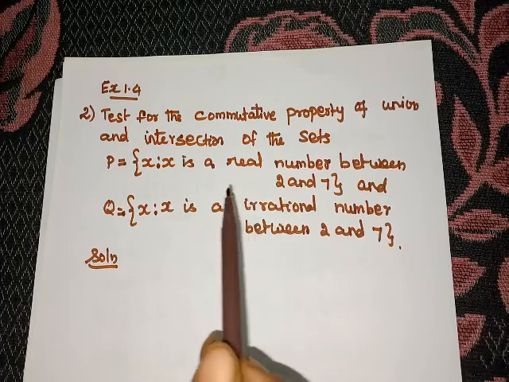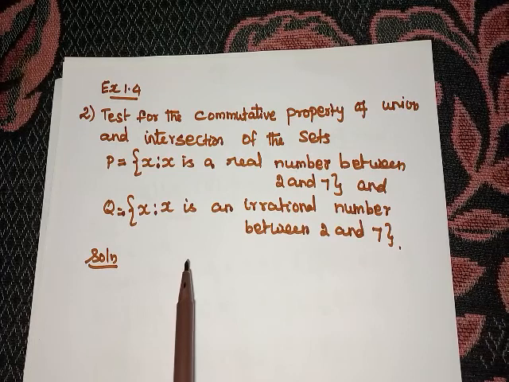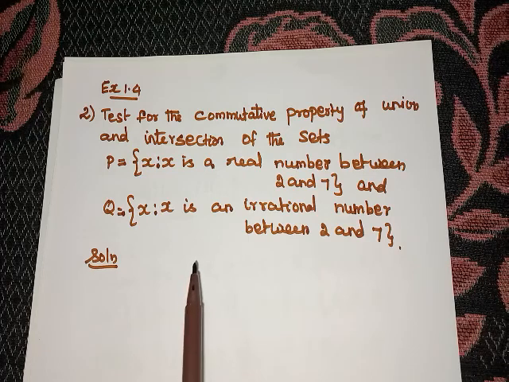Rational numbers are fraction numbers, the numbers in the form of p by q, that we know. An irrational number is a number that cannot be expressed as an ordinary ratio of two integers. It means root numbers: root 2, root 3. Root 4 is not an irrational number. Why? 4 is a perfect square number. 4 can be expressed as 2 squared, so root 4 value is 2. 2 can be written as 2 by 1, so now 2 becomes a rational number. So root 4 is not an irrational number.